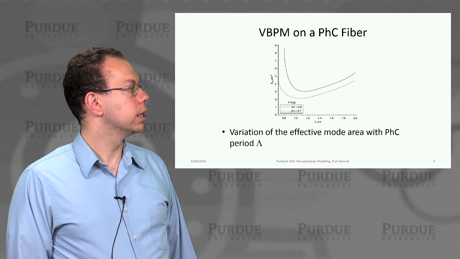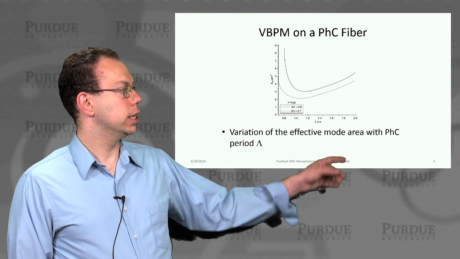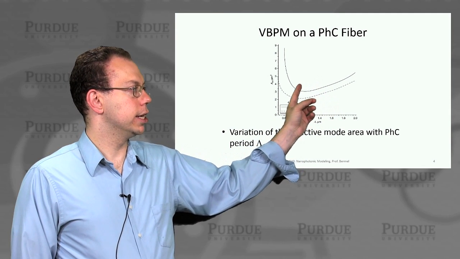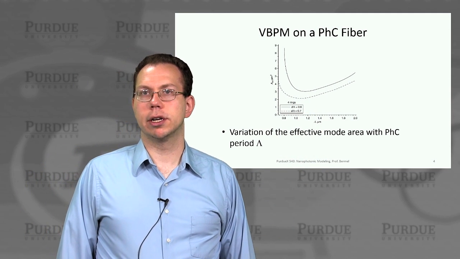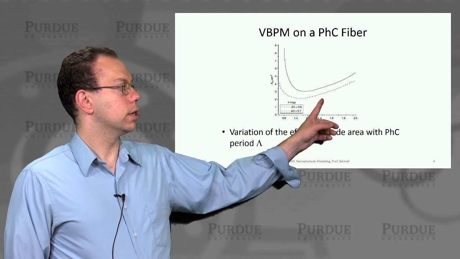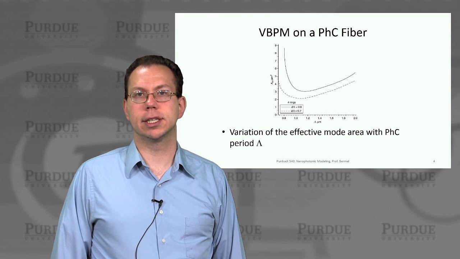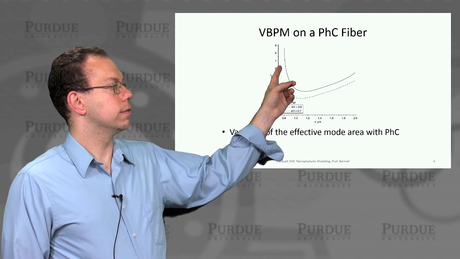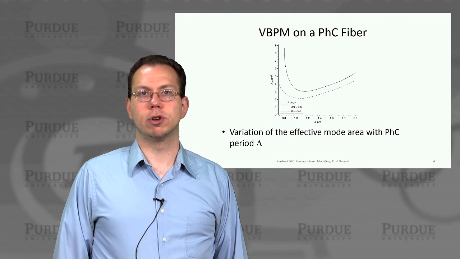And then this is actually showing how the effective mode area depends on the period. And so what's interesting about this is that for both values of d over lambda, you actually have a nonlinear behavior, and actually the greatest mode confinement is happening around 1 micron period, and then it increases in both directions. In the first case, when you go to larger periods, it increases basically because each of the periods is more spread out, so that kind of makes sense. But in the other case, it's actually increasing because of a different mechanism, which is just that you don't have as good photonic crystal behavior at that point.